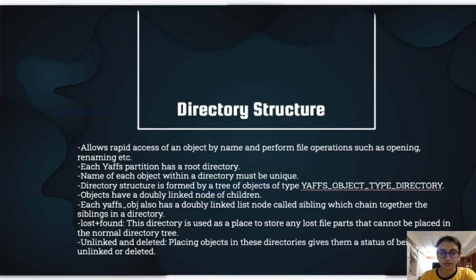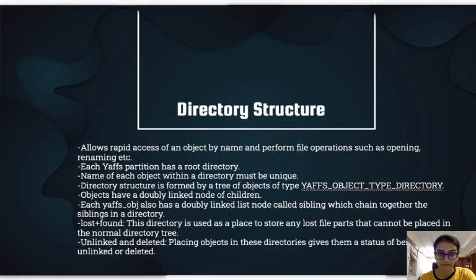We've already talked about the directory structure in the introduction of YAFFS. So let's talk a little more about it now. Each YAFFS partition has a root directory. The YAFFS directory structure is formed by a tree of objects of type YAFFS object type directory. These objects have a doubly linked list for children and siblings so that all the siblings can be chained together